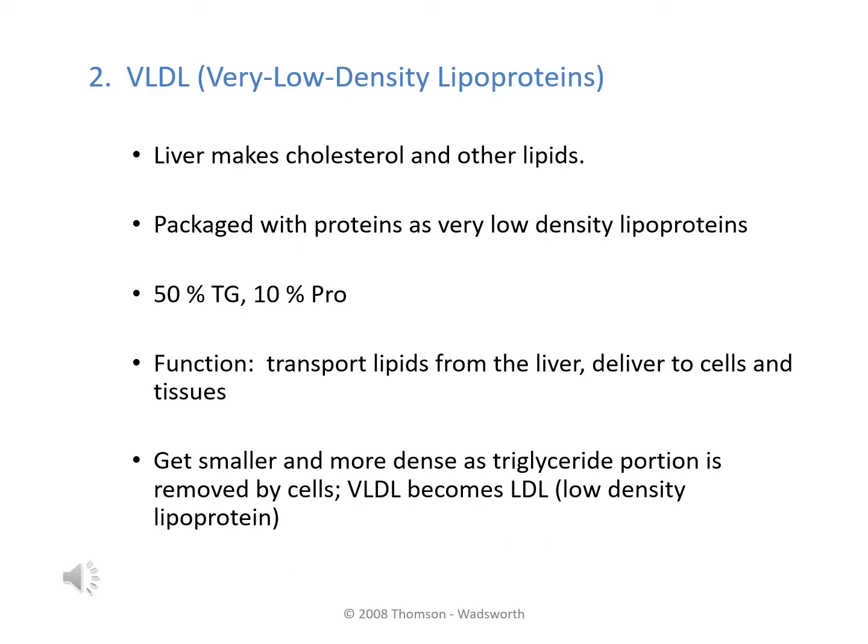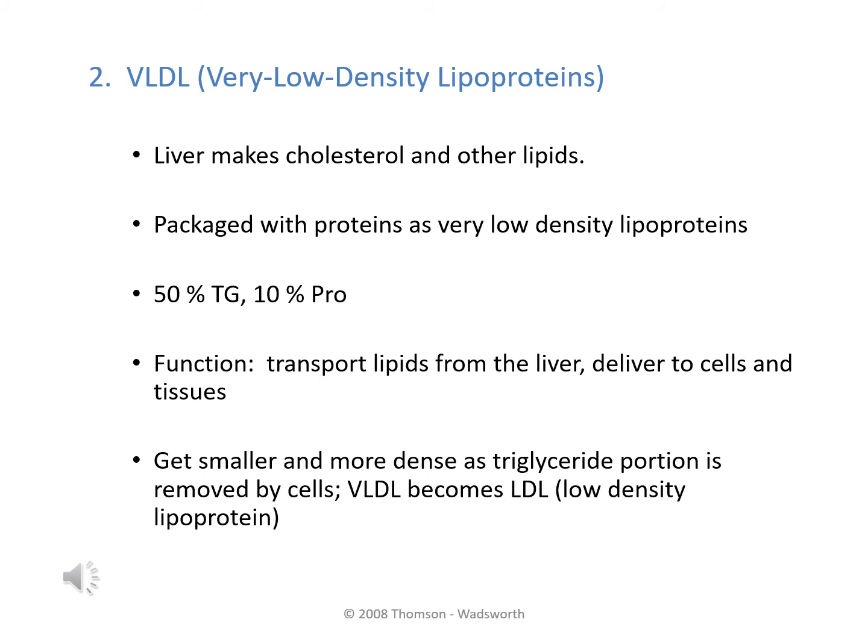The next lipoproteins to note are the very low density lipoproteins, or we refer to them as VLDLs. Our liver is the most active site of fat synthesis. The cells are consistently making cholesterol, fatty acids, as well as other lipid compounds. Eventually, all of those fats get packaged together with protein in the form of a very low density lipoprotein. The main function of these is to transport those lipids from the liver and deliver them to the cells and